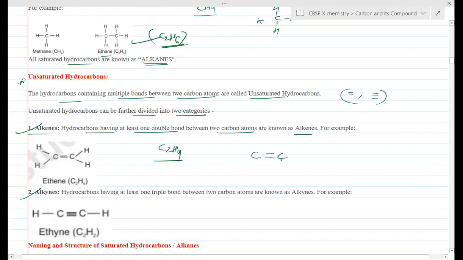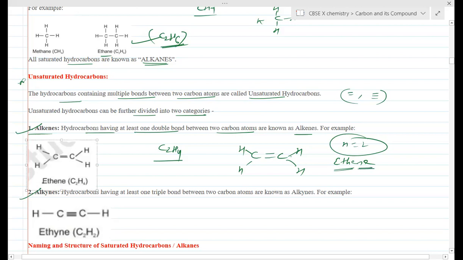You can see here a carbon-carbon double bond is there, and as carbon is tetravalent, carbon can make 4 bonds. With this carbon you see 1, 2, 3, 4. With this carbon 1, 2, 3, 4. 4 hydrogens we can put here. So this is what? Ethene. As the number of carbons is 2, that's why eth is the root word we are using. And for alkenes we are using the suffix ene.